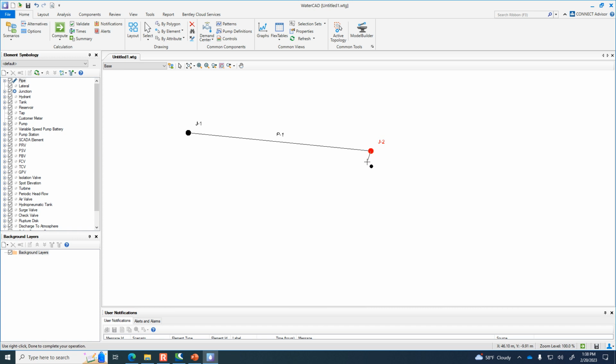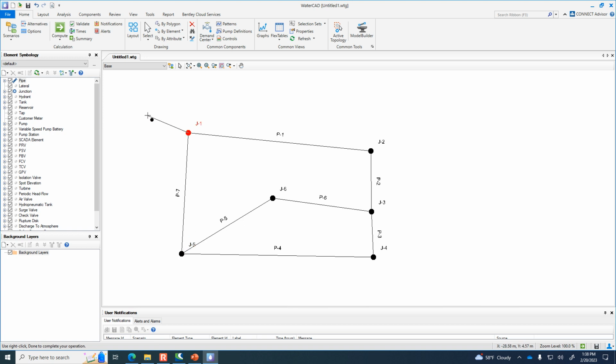That's junction B, C, D. Here is F, E. And now I need to click over to C again. And now the escape button, because I'm done drawing over on this side. If I do the escape, then it'll stop drawing. And I need to connect junction F and junction A and escape.